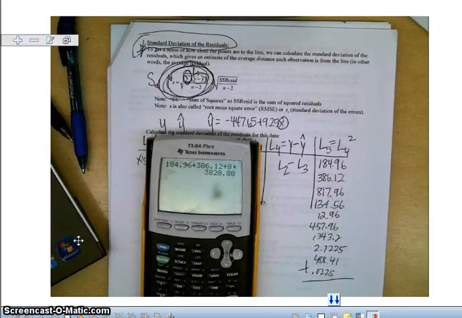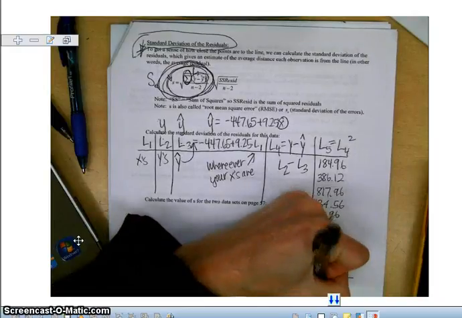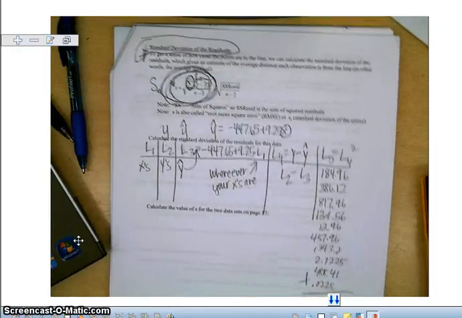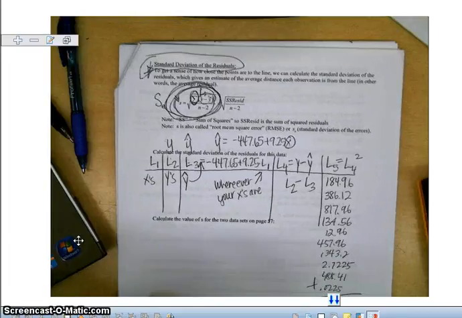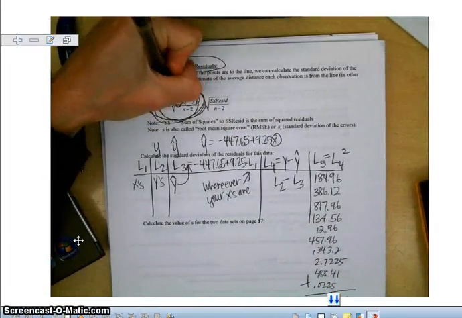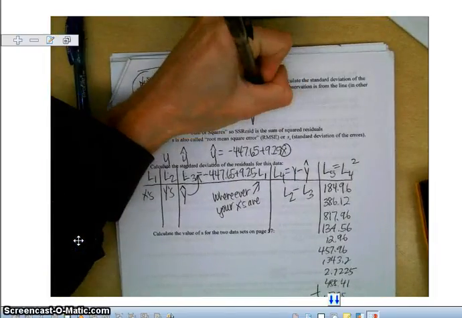I don't think that's quite right. I think I messed up on one of them, but it's approximately 300, yeah, no, that's okay. 3828.88. That's fine. So basically it's 3829. So I'm going to take that, that's under here, it's also known as the SS residuals, and I am going to square root